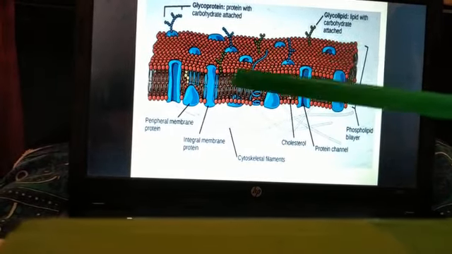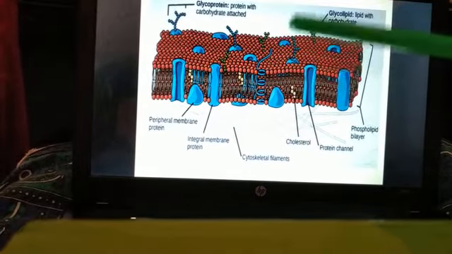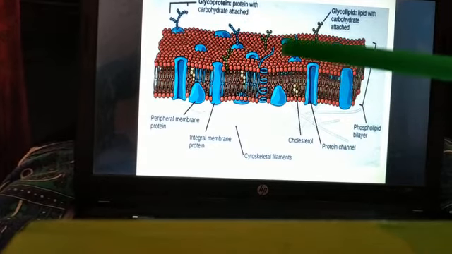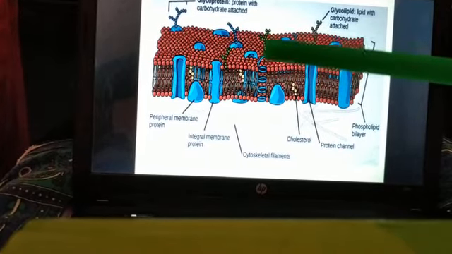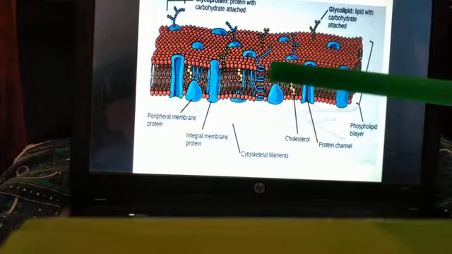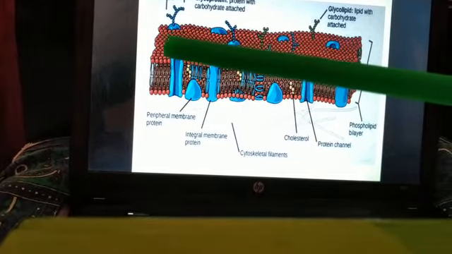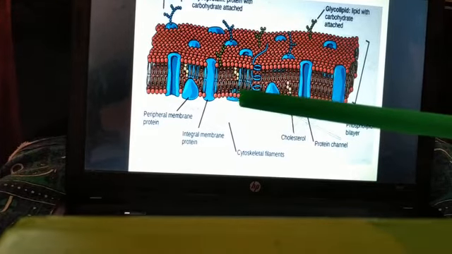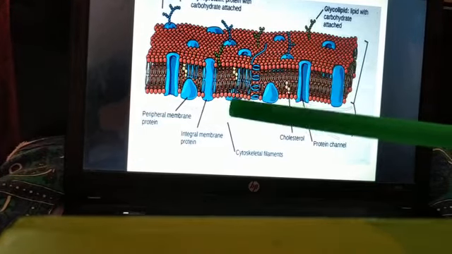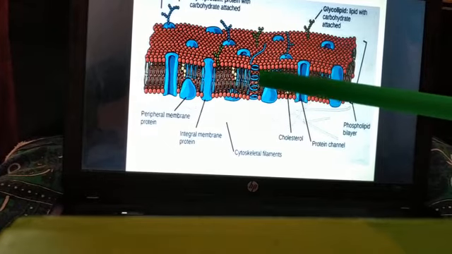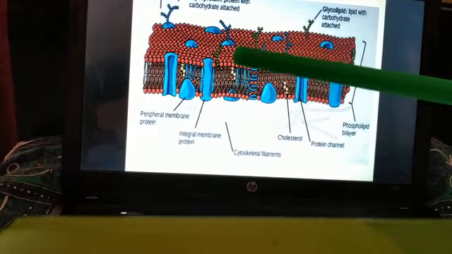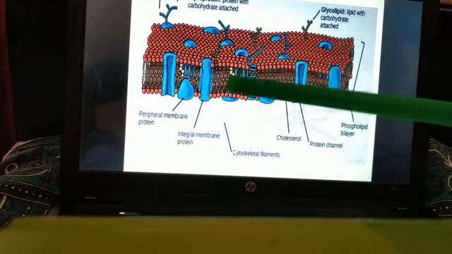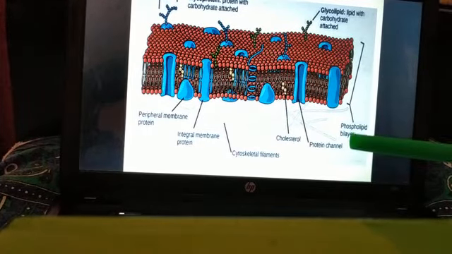So this is the structure of plasma membrane that we accept. We have been following this model only, the fluid mosaic model. So here you can see these are the head parts, the red color. Here also the head on the exterior, on the outside part. These are the tails of the phospholipid. Now this is our phospholipid, right? The head part and the tail part. This is our phospholipid bilayer.